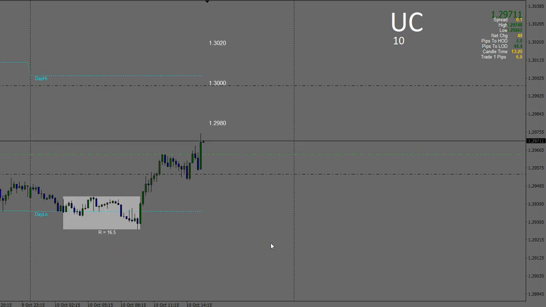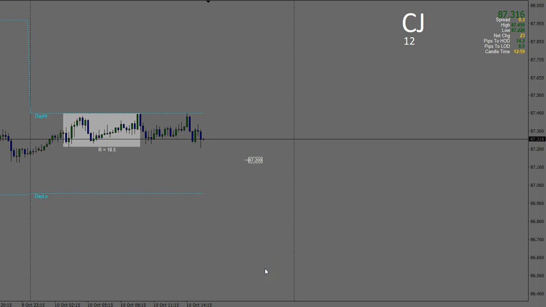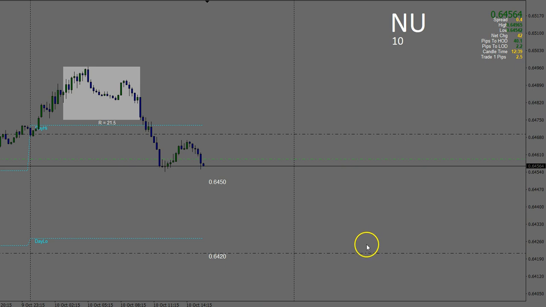US dollar Canadian dollar, sticking with this. Price held above that entry point I took. Again looking for further upside movement. I was seeing some weakness in the Canadian dollar as well as that little bit of strength I was seeing in the US dollar. So that led on to me taking a trade on the Canadian dollar Japanese yen. Took this as it came through one of our entry points. Nothing to do with the news, wasn't news related at all. It just came through one of our entry points. I took this short, looking for further downside movement. But this candle you can see sucked back, and sticking with our rules, I had to punch out of this, losing 3 pips. So 3 pips down on the Canadian dollar Japanese yen